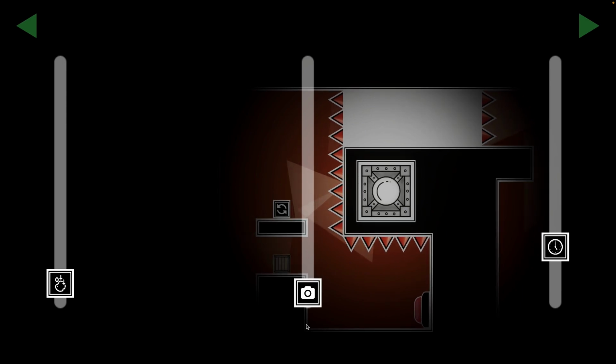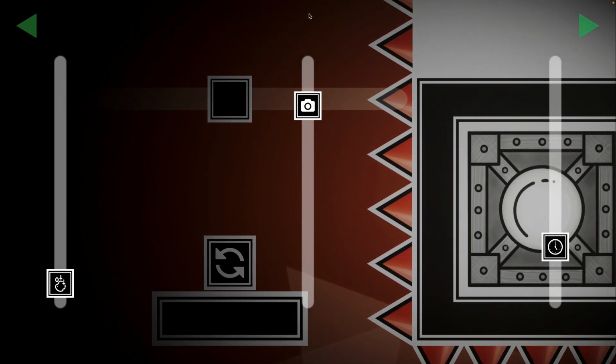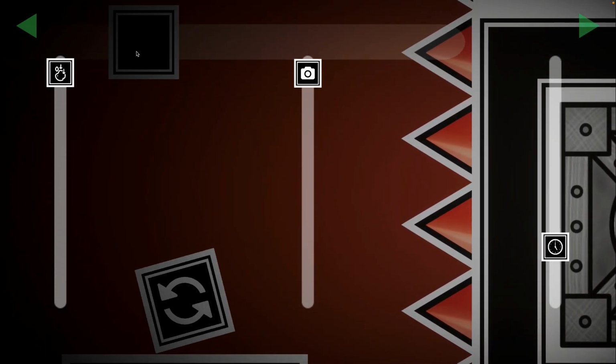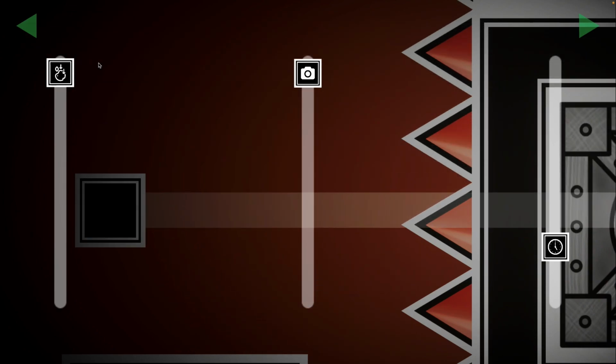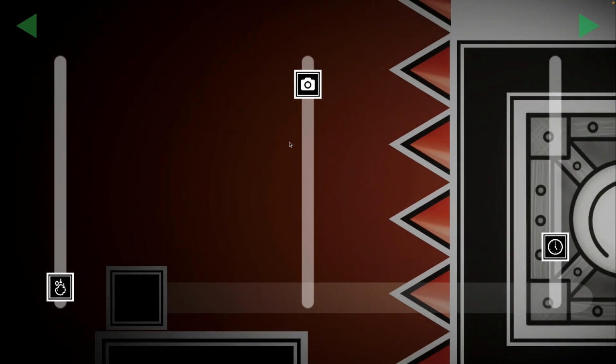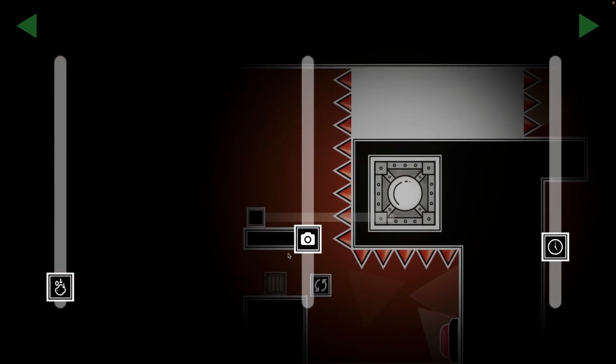So basically, it's called push and pull. So there's no way to get this off of this platform. Right now your main goal is just to push this button. So there's no way to get this off unless you use one of these. So you can push it off, falls down, lower gravity. And then you need to use this